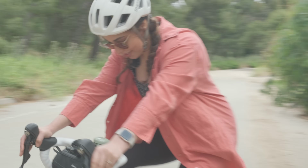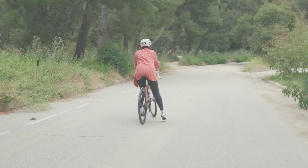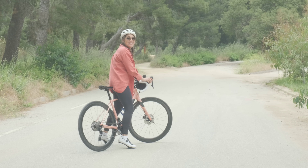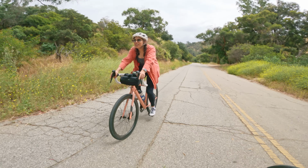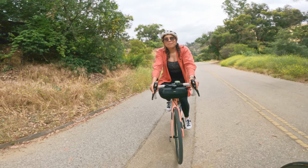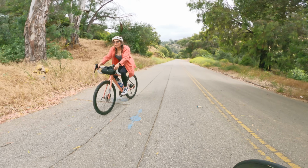Okay, I'm gonna go again. Oh, look at you, pro. I have momentum. There you go. Good save, see? That was horrible. It's not easy when you're doing it without training. Yeah. I haven't even gotten on the bike in like months. But you're doing it. I'm proud of you. All right, last little steep bit around the bend and then it's...